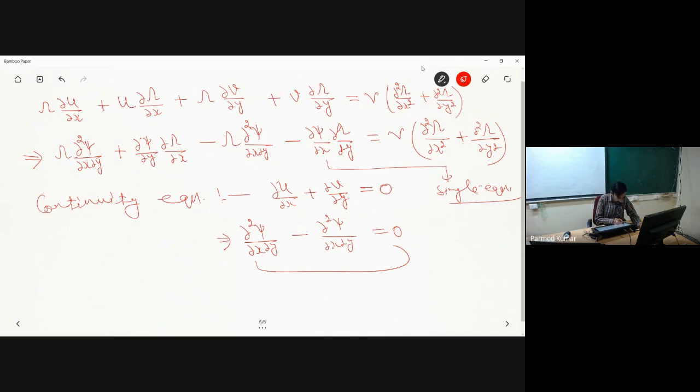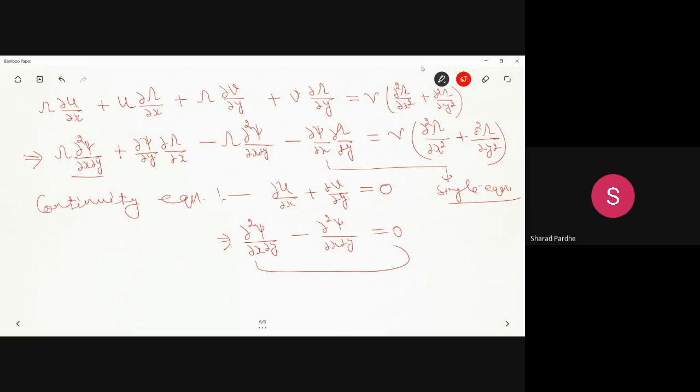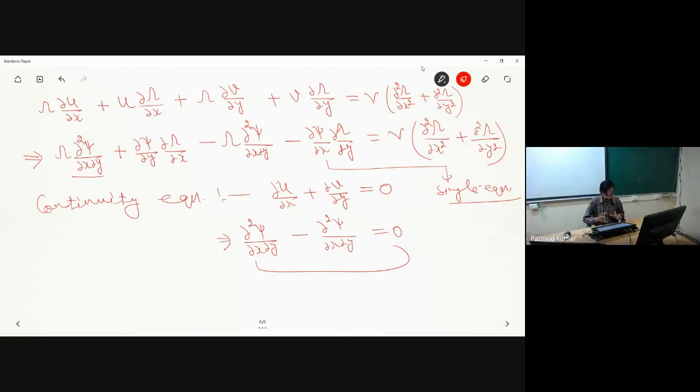Now here you have different field variables, ∂²ψ/∂y² in terms of ∂ω/∂x. Using these field variables and this particular equation, you can easily find the solution. Once you have obtained the values of psi and omega, you can transform back into the velocity field and the pressure field. Is this point clear? Yes, sir. So this is one approach where we can eliminate the pressure term from our governing equations.